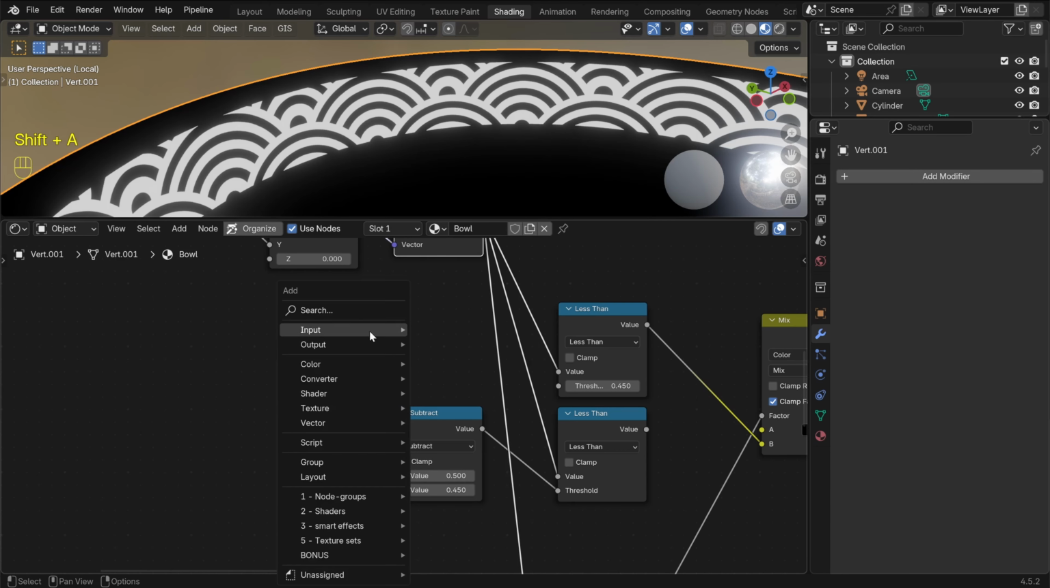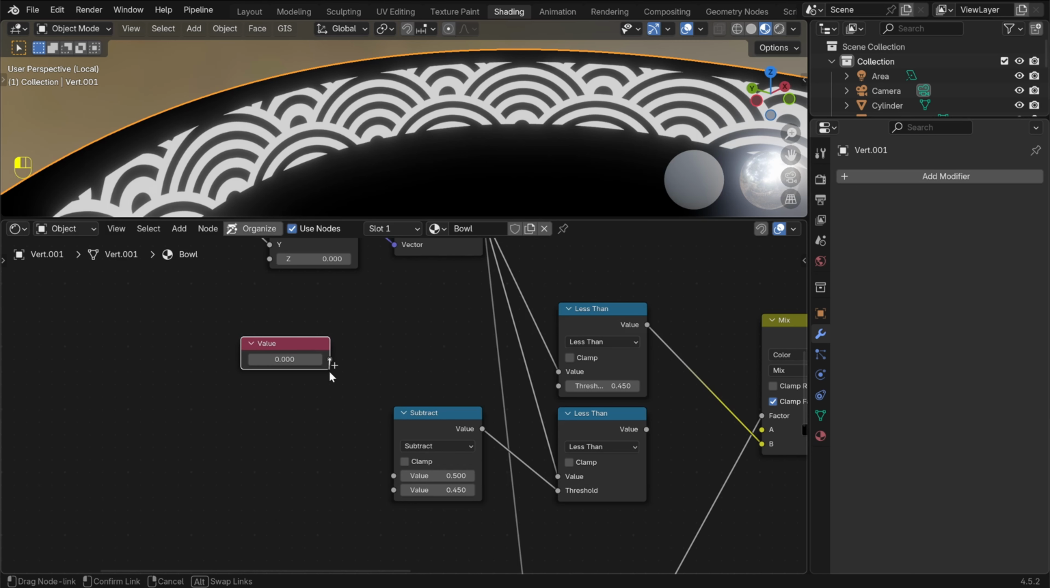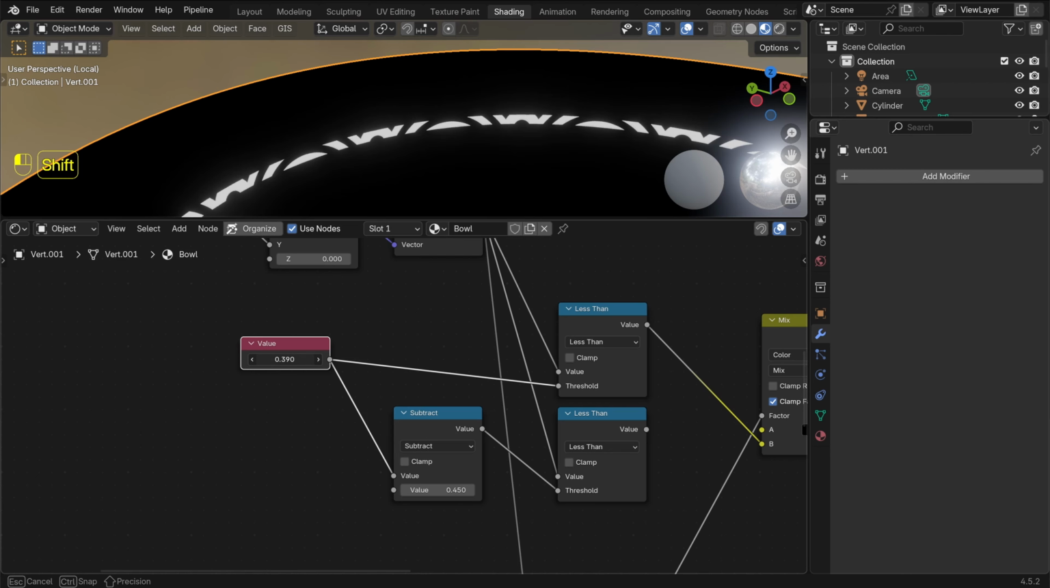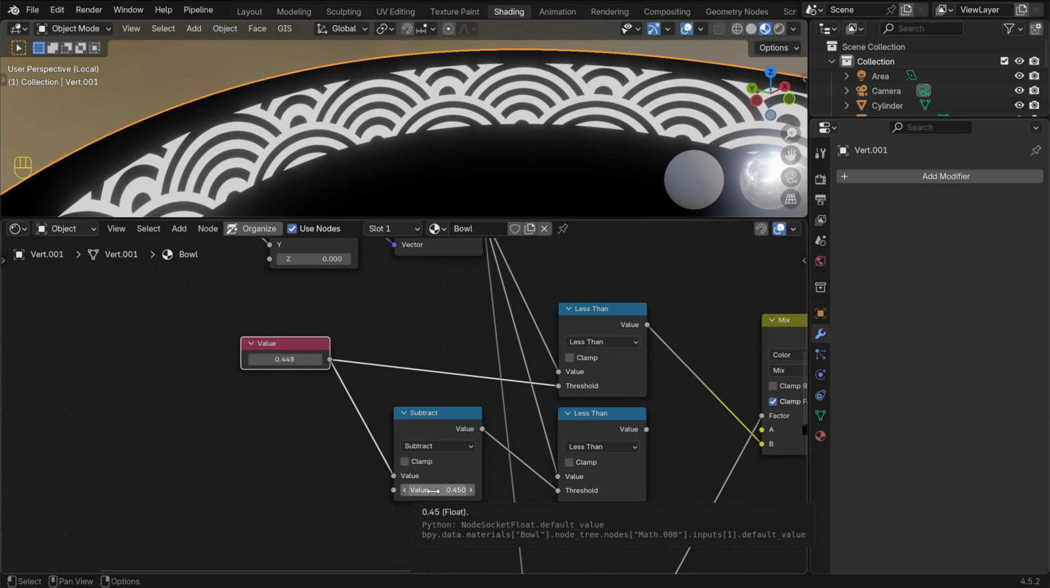Then I'll add a value node and link that to the first input of the subtract node, and also this input here. And this value now controls where the pattern should start. And I'll set this to 0.448. And this bottom value here will be used to control the thickness of the first line, and I'll set that to